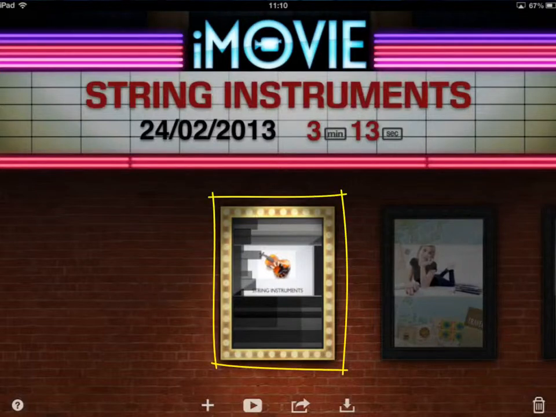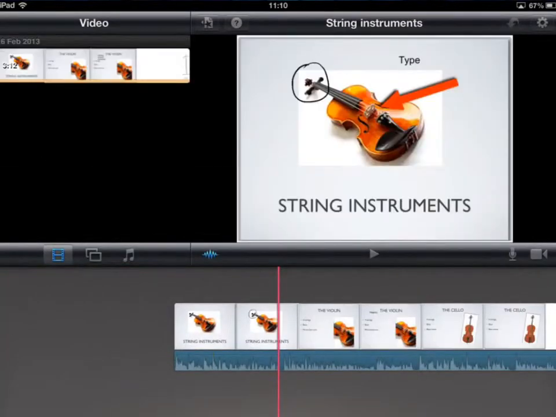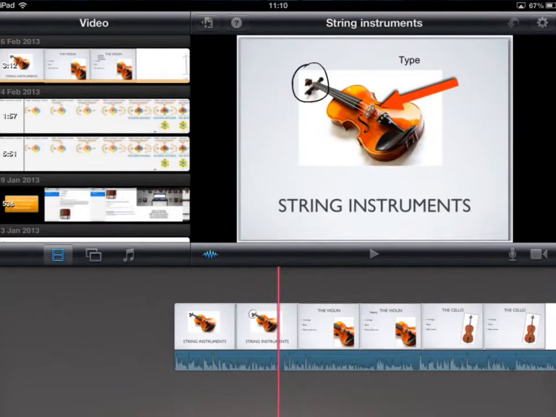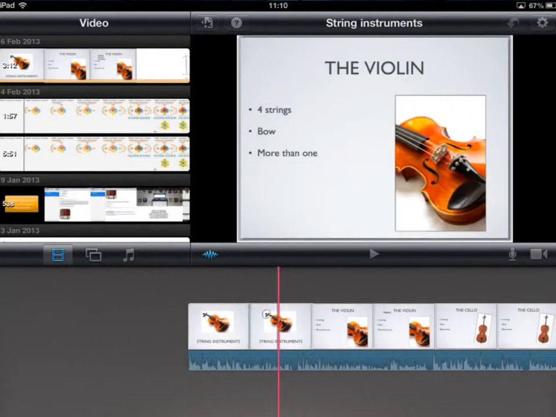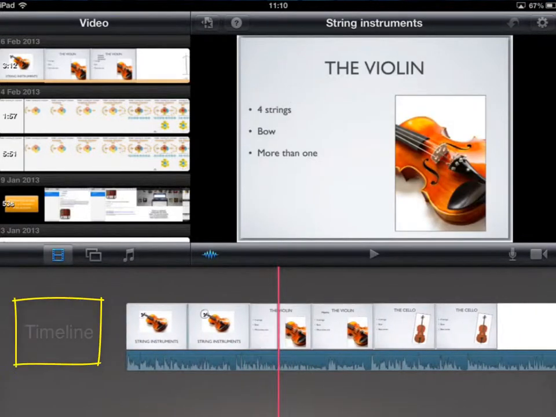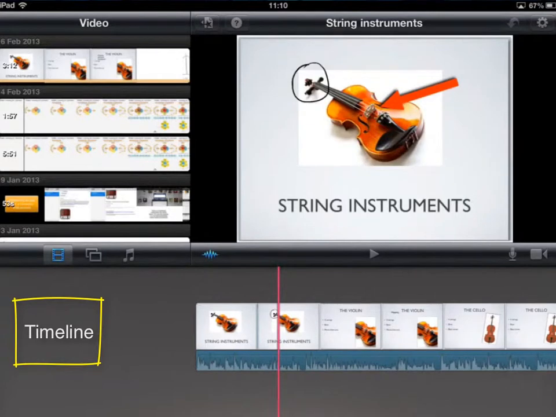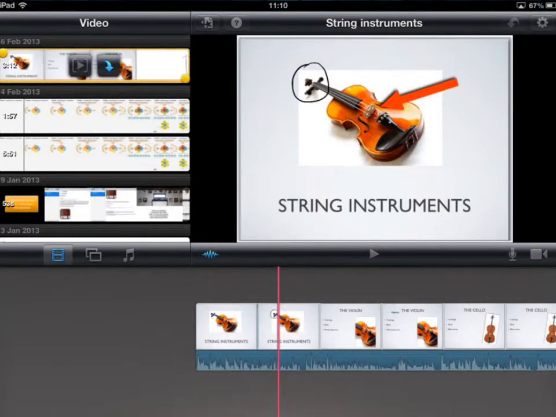So if you tap onto the main icon there, it brings you into your movie. To add elements onto your timeline across the bottom, you can see it's sliding left and right, that's your timeline there. If you want to add elements in there, you can add three types of elements. You can add in videos, and you can see on the top left there's some videos there. And to drop them in, you just tap on the item once and then tap on the blue arrow, and that will drop that straight down into